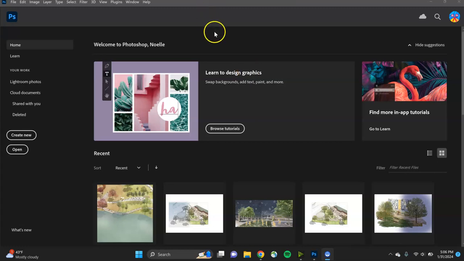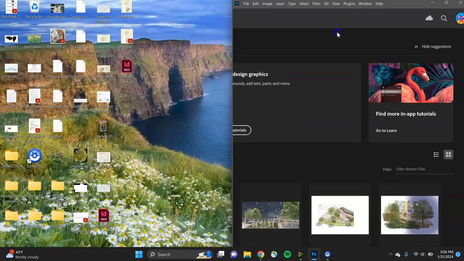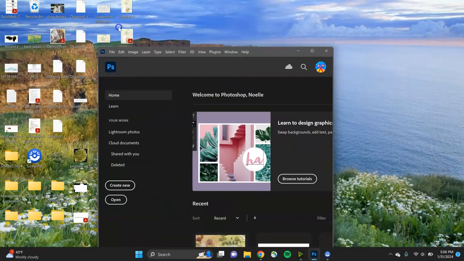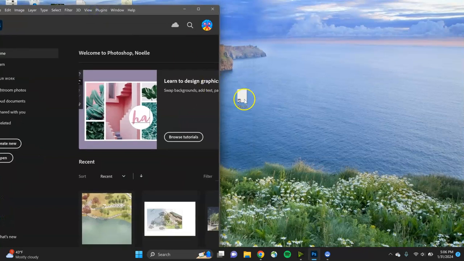Hey guys, so in this video I'm just going to be showing you how you can pull your tile JPEG into Photoshop and knock out the background of your image and scale it up so that it perfectly fits a 3" by 3" tile. So I have Photoshop pulled up here, but I'm just going to move it over,